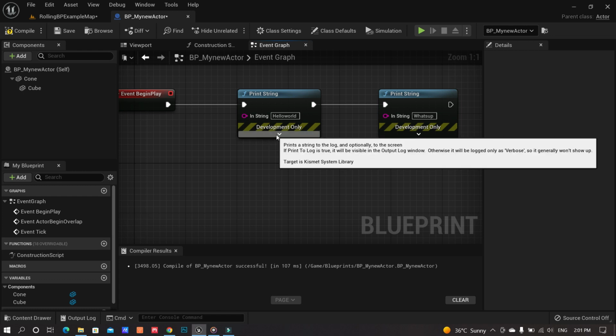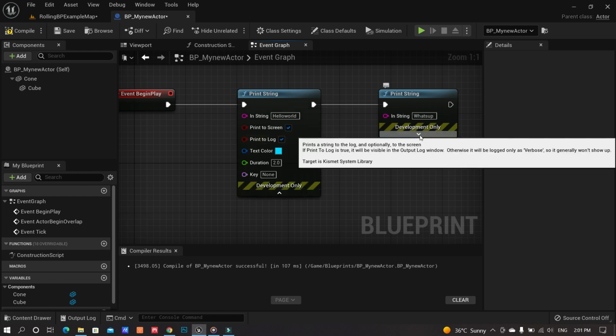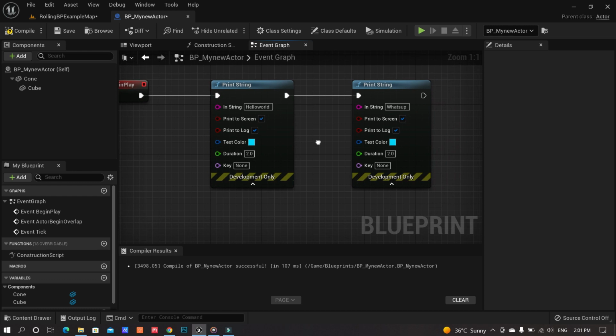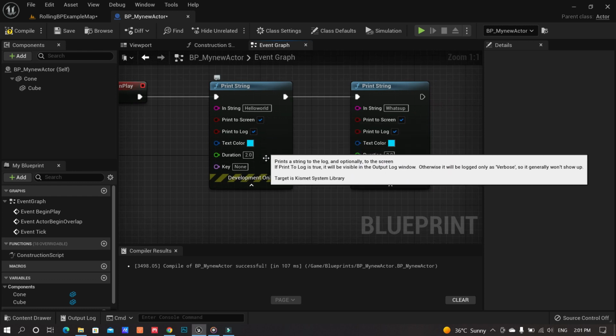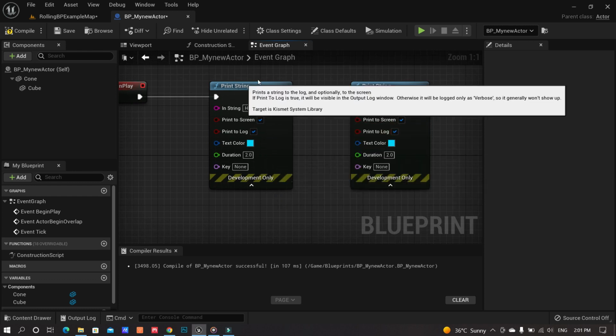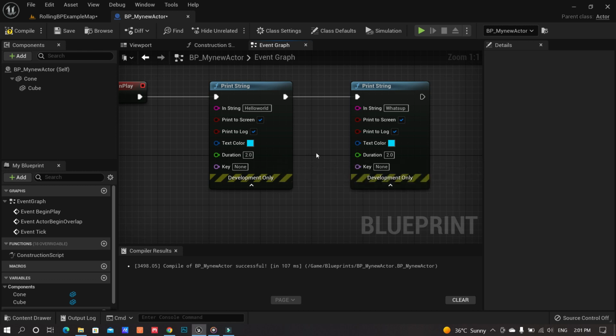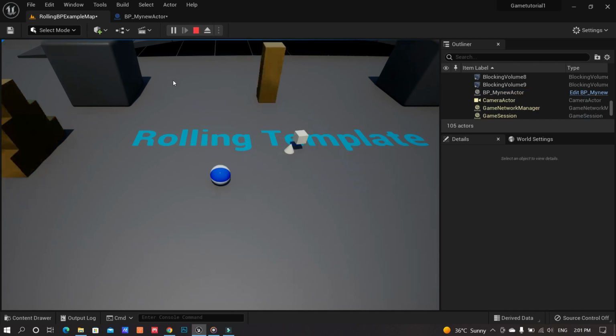Now, if we just open and press these small arrows at the bottom of these nodes, you will see that you have further properties of the print string node. In this case, if we compile here again and just play, both of the strings stay for a few seconds and then they disappear.